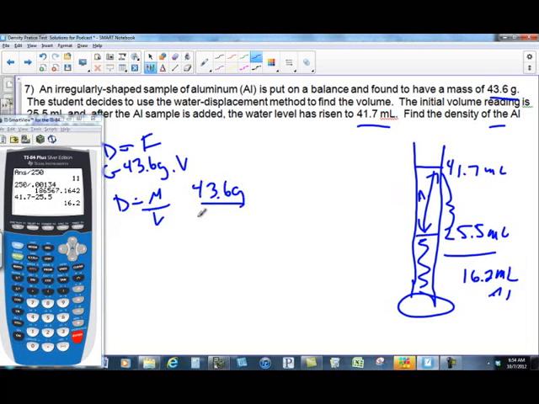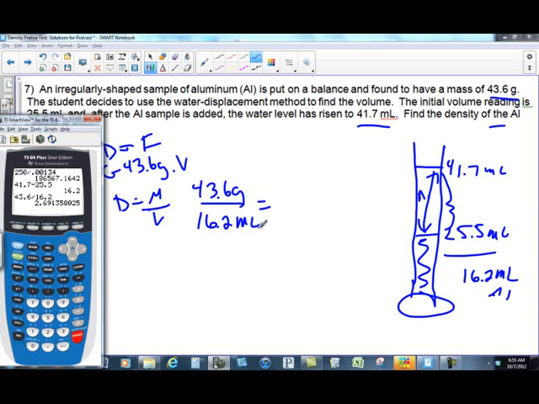My volume is 16.2 milliliters, and if I divide that, I'm going to get 43.6 divided by 16.2 equals